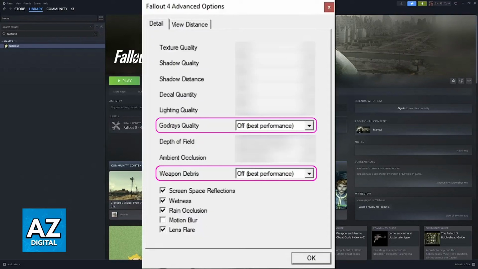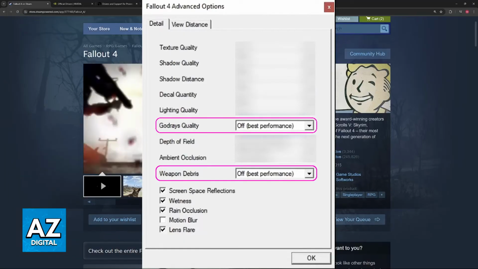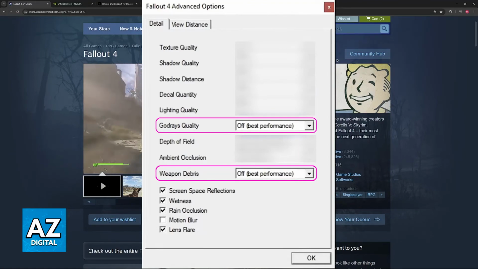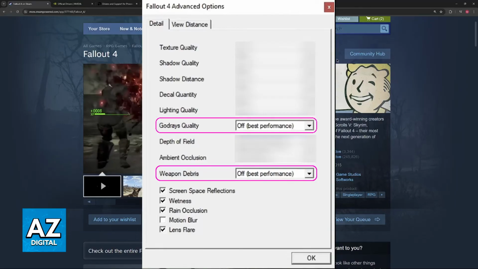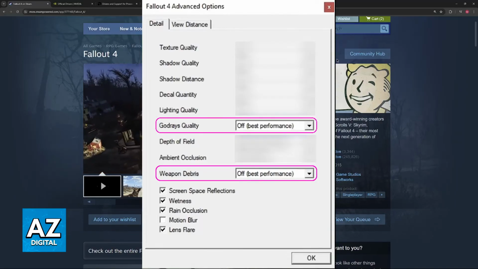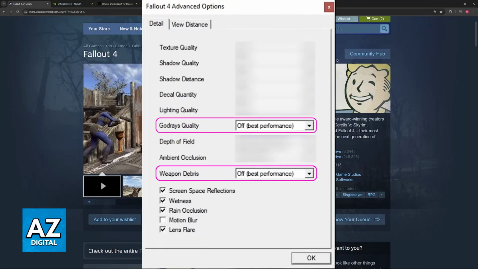Now, the last thing that I recommend is that you disable God Rays and Weapon Debris. So when you open the game, you will have a specific menu where you can change some graphical settings in the advanced video options. All that you have to do in there is disable Weapon Debris and God Rays and see if this works. I hope I was able to help you on how to fix Fallout 4 not launching